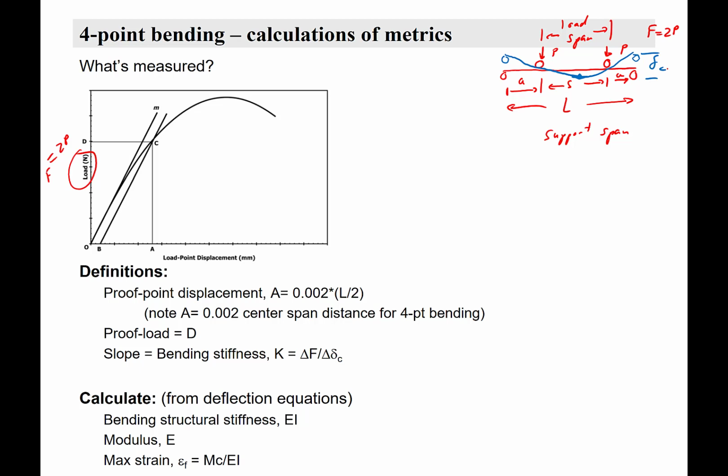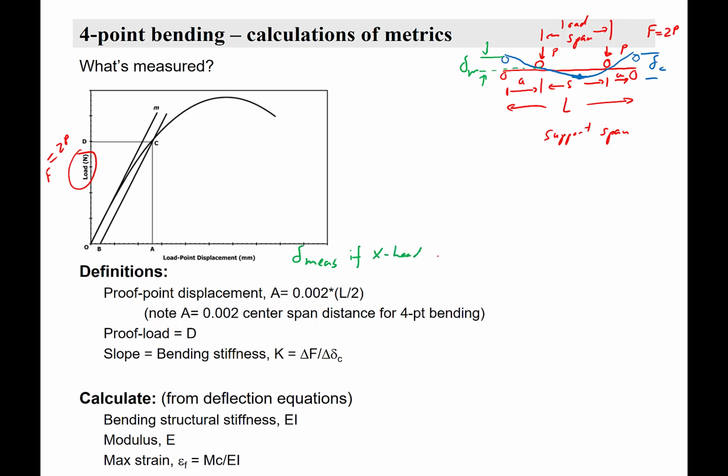But that's not being measured unless you have a deflectometer in the middle. So what's measured is this displacement from here to here. So that's del measured, displacement measured,